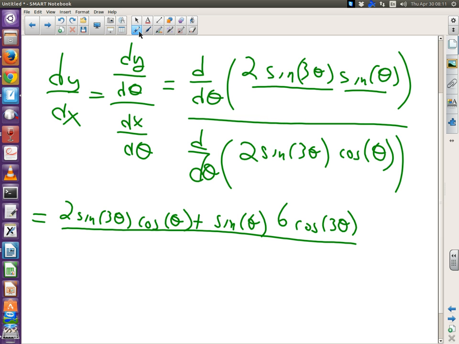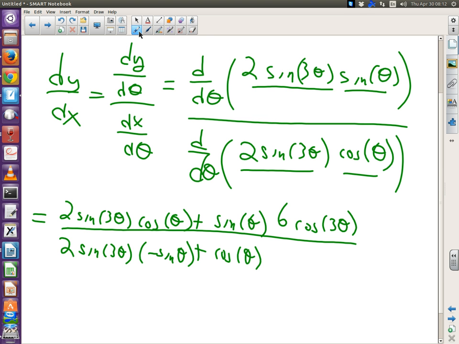All right, let's do it again on the bottom. Let's make this first and this second when we're doing the product rule. So first times the derivative of the second is negative sine, right? Plus second times the derivative of the first, but the derivative of the first is still 6 cosine 3 theta, isn't it? Okay, and you can simplify that. So that is your statement for the slope of the tangent line anywhere along that polar curve,